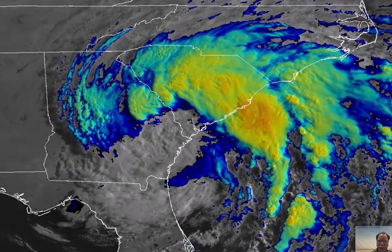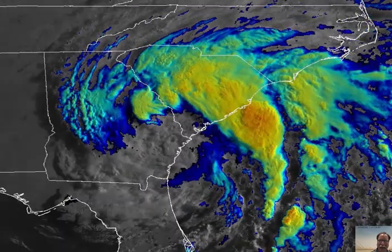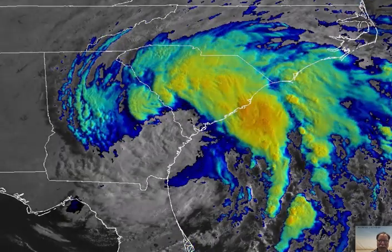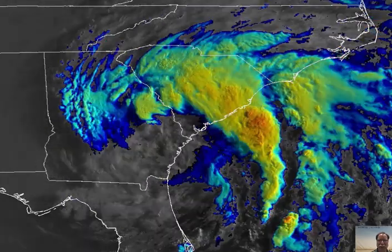And there is some possibility of re-intensification, perhaps back into Category 1 hurricane status as it then backs to the north and west late tomorrow into tomorrow night. Probably makes a second landfall over the South Carolina coastline early in the day on Thursday. And again, it could re-intensify back into Category 1 hurricane status. Whether it does that intensification or not back into hurricane status, it will continue to produce some tremendous rainfall across